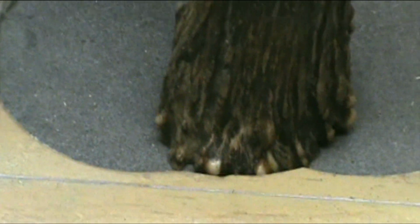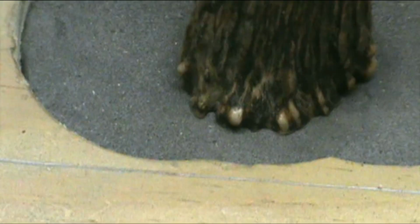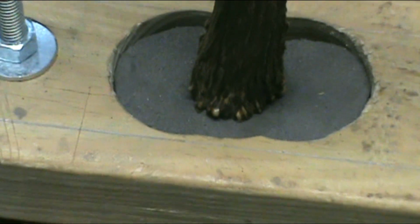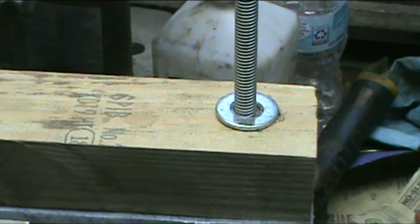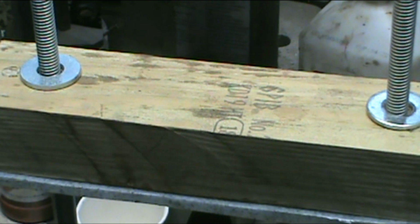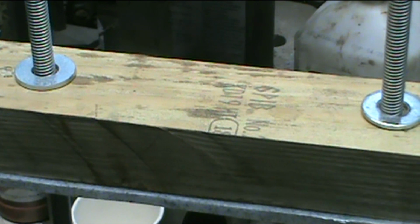Okay, about halfway in, right there now. Put it right there. See how it gives it just a little cushion there? Now all I gotta do is just run these nuts right down onto this on each side, then tighten them up accordingly till I get the desired pressure that I want and everything else. So